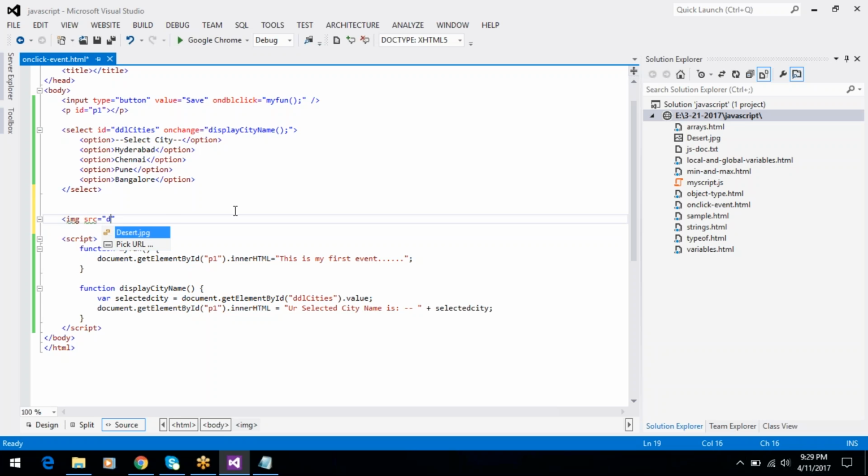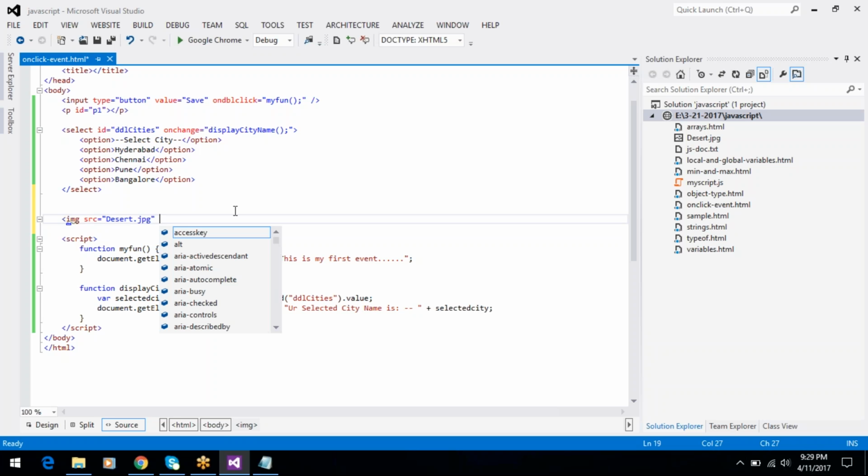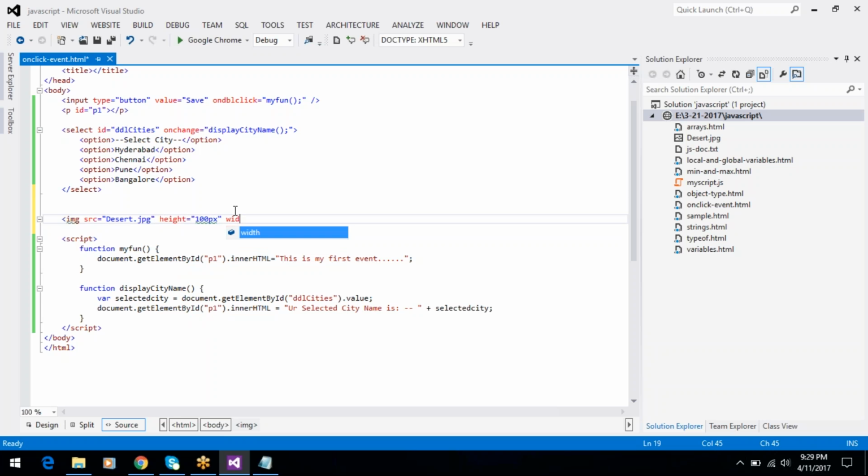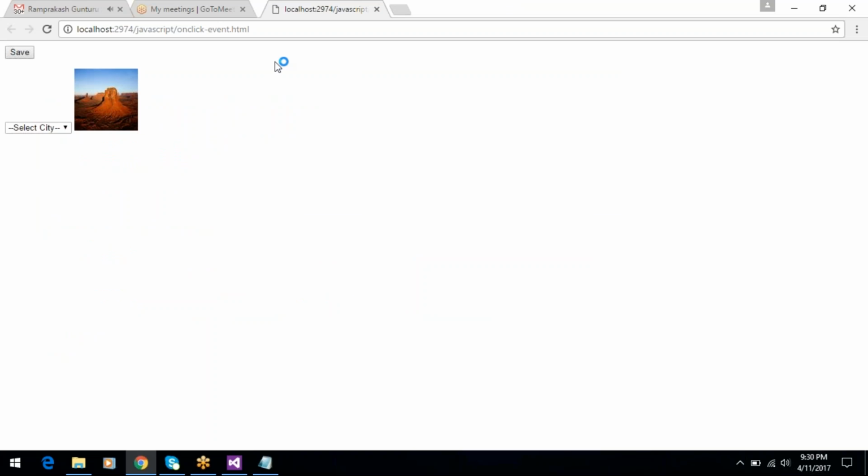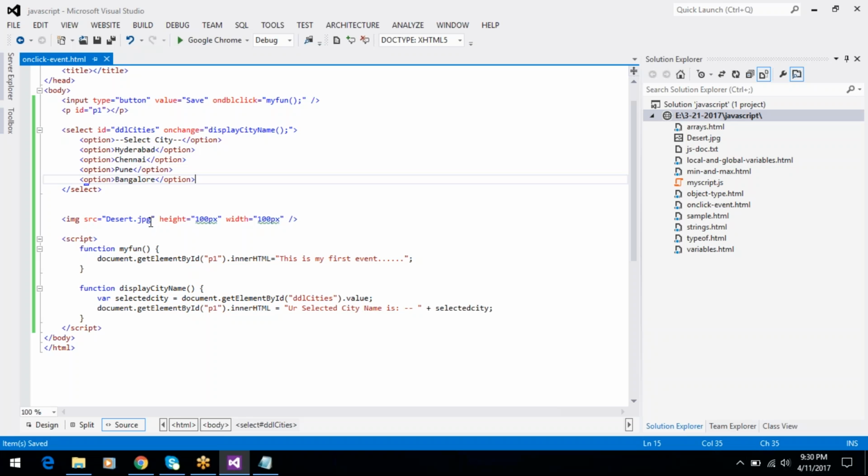So this is the DPG and the source is completed, and height equal to 100 pixels and width equal to 100 pixels. Okay, and close this. So now when you run this example, okay, the image is displaying like this. So whenever the mouse pointer moves onto the image, we want to display the image in bigger size, so that we can use on mouse over,